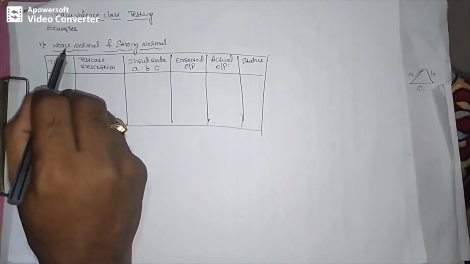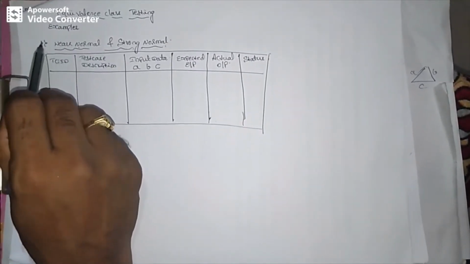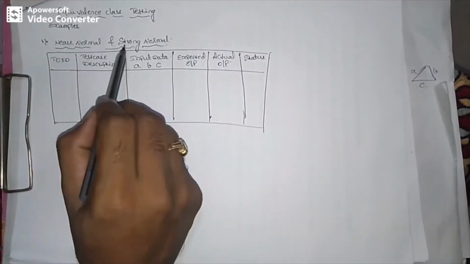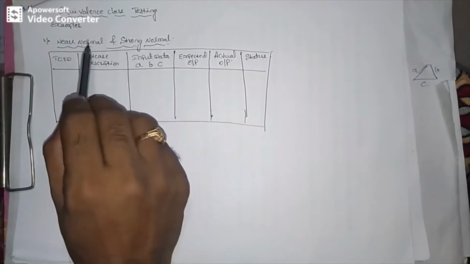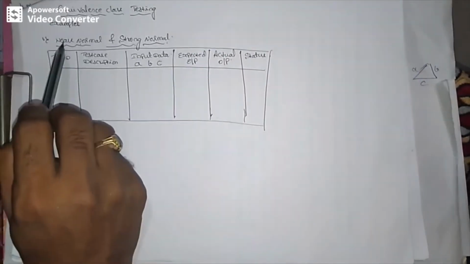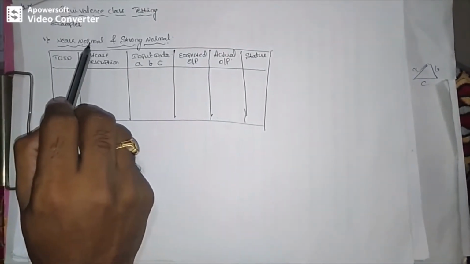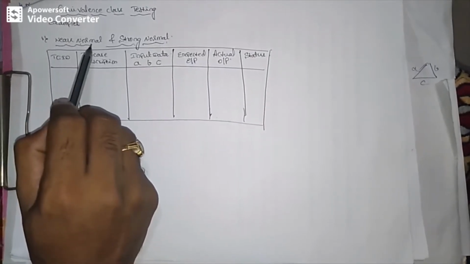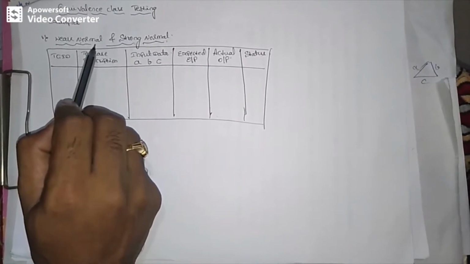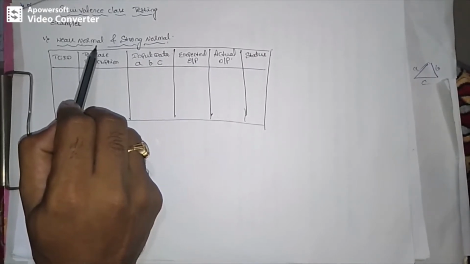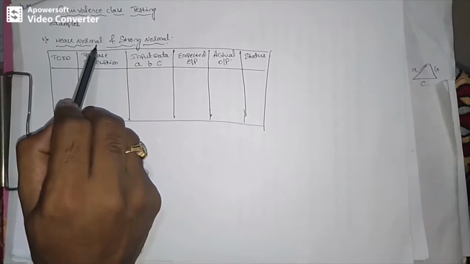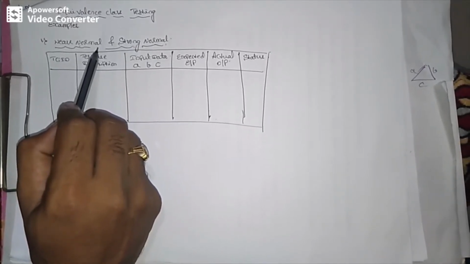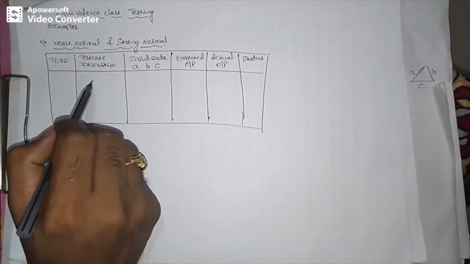So in this video, first we will start with the first category of the equivalence class testing technique, which is weak normal, as well as strong normal. For both we will write the test cases. The weak normal, as I explained in the last video, is where we specify the valid input variables, avoid the redundancy, and then do the complete testing of the input domain. So how do we specify the test cases?